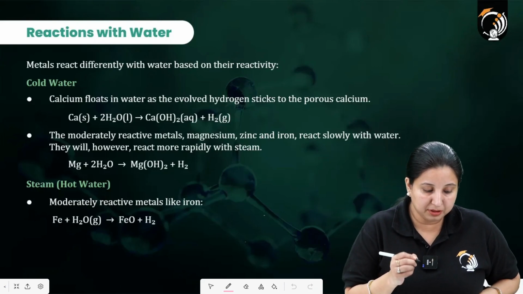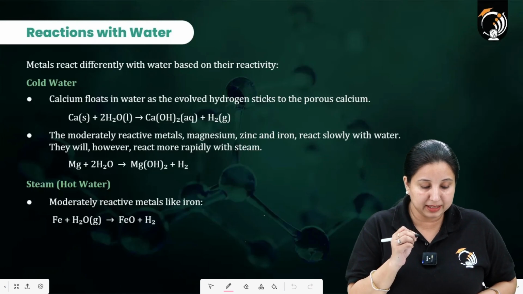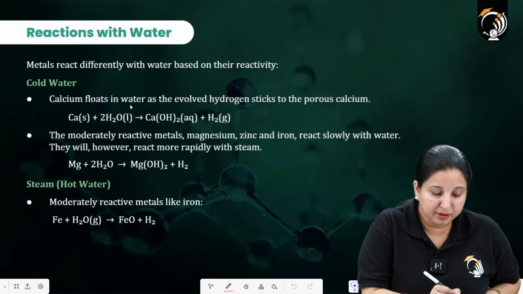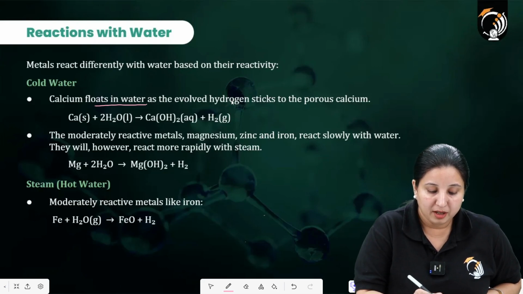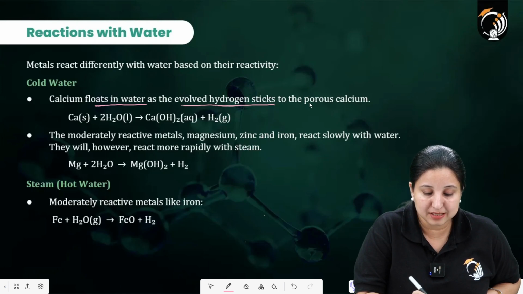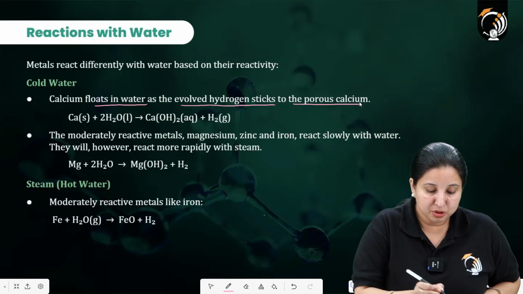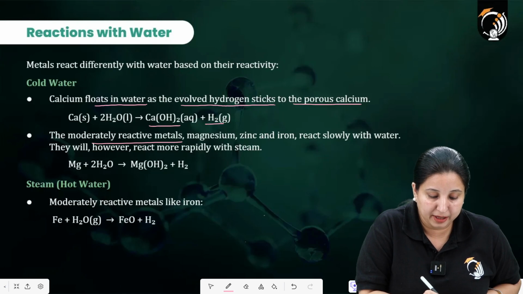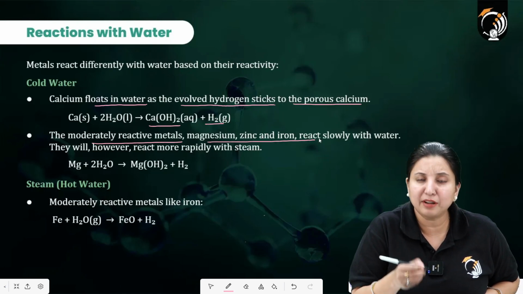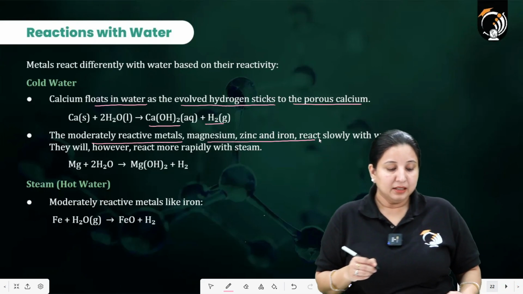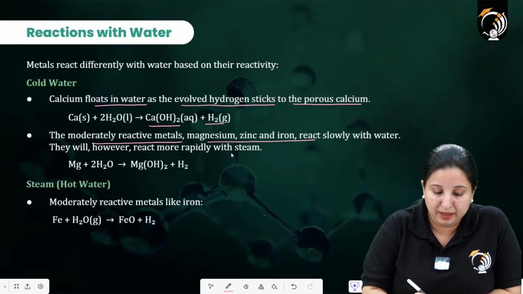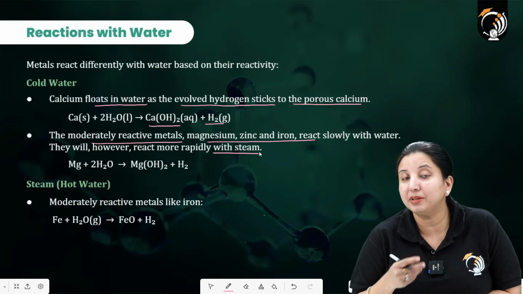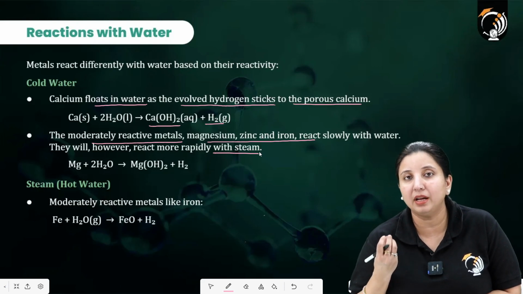Now, over here we have taken the example of calcium and magnesium. If you make calcium react with cold water, it is going to float in water as the evolved hydrogen sticks to the porous calcium. So it is going to form calcium hydroxide and hydrogen gas. The moderately reactive metals like magnesium, zinc, iron react very slowly with water, and they however react more rapidly with steam. If you take iron and steam, it is going to react very rapidly to form iron oxide and